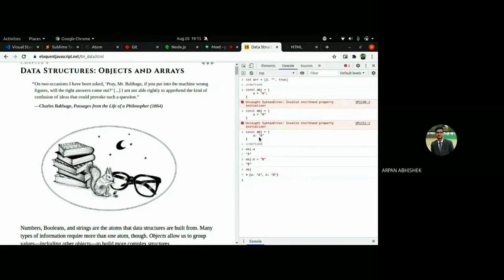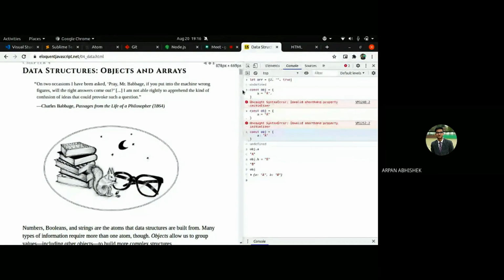But you might have noticed that we have used const, but still we were able to add and delete properties. These are basically referenced objects, right? So we can use const here, and we can add and delete properties. That's just a thing you can read more about.